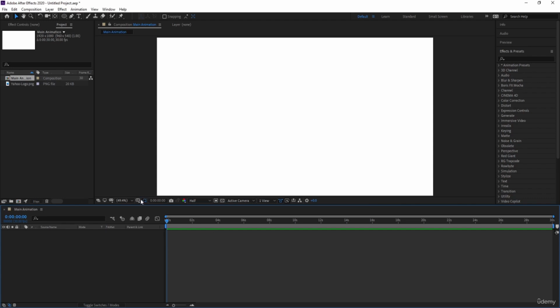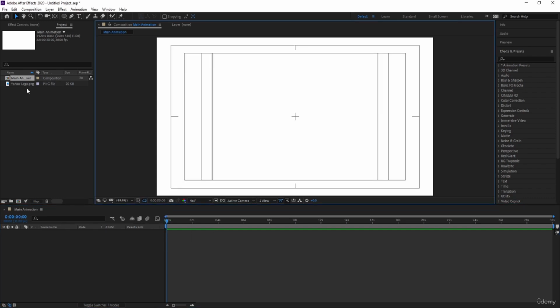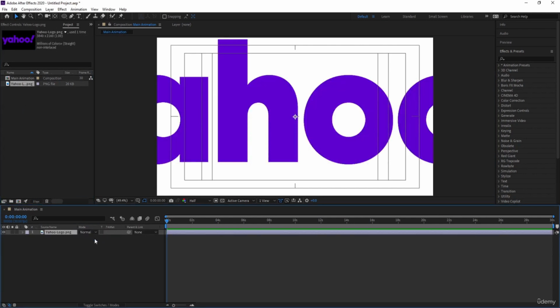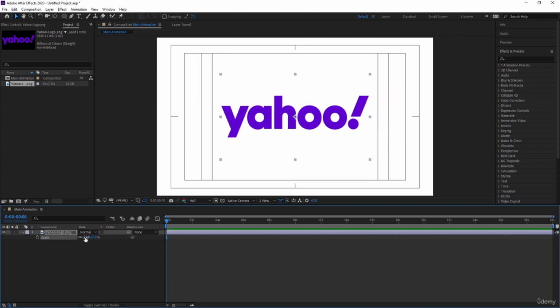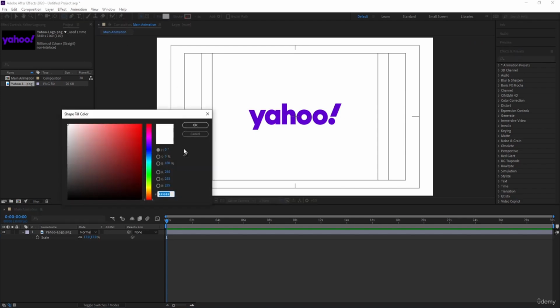hit OK. Go to choose grid and guide option and simply hit on title selection. We will select this Yahoo logo and bring it to our composition. Press S for scaling option and scale it somewhere around like this. Okay. Now I'm going to choose my ellipse tool and in fill with the help of this picker, I'm going to pick up this color of this logo and simply hit